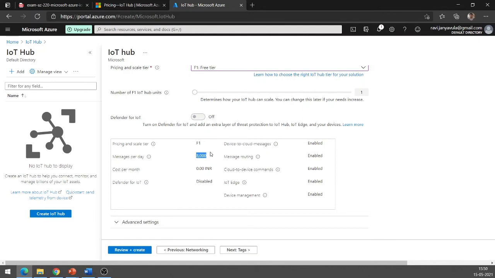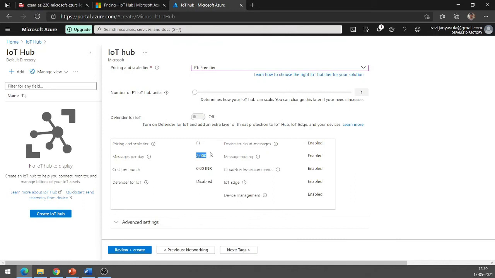So if I am creating an IoT hub in the free tier, and someone else comes in or I myself create a different IoT hub in the same free tier, it will not allow it, saying that your quota of free tier is already used. There is already an IoT hub with a free tier. If you want to create a different one, either use the existing free tier one or delete it and again create with the free tier. So only one IoT hub you can create with the free tier.